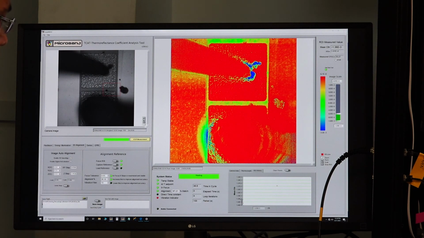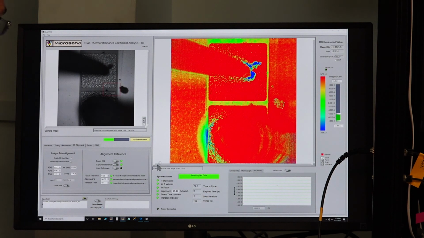So this window has to be checked as we do this run multiple times, and we have to wait until this thermoreflectance coefficient stabilizes to a value. We should not stop this measurement after 1 or 2 runs. We should do it for multiple runs and see if the C value stabilizes. This is in agreement with what is seen in gallium nitride devices. It is of the order of around 1 E minus 3, and the sign must be checked, it is negative.